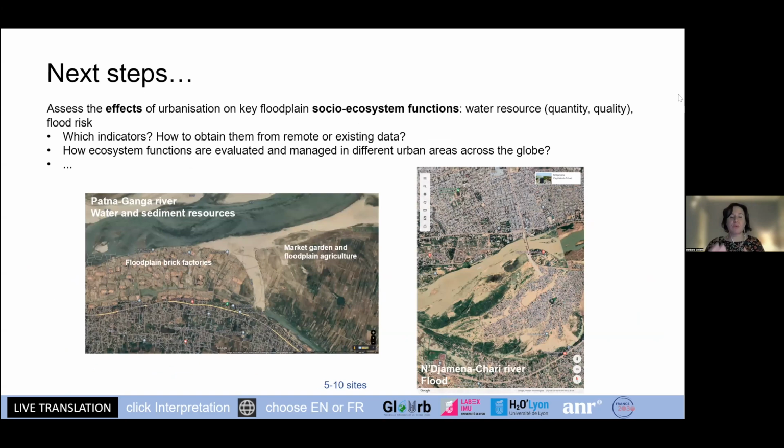And to conclude, we will try to quantify how this has an influence on the socio-ecosystemic functions, which, especially in the case of cities, operate through floodplains, and we are discussing the indicators to be mobilized from data and the information we will produce. Of course, we will try to take into account the local variability which can be associated with such functions and their management in the various parts of the world.